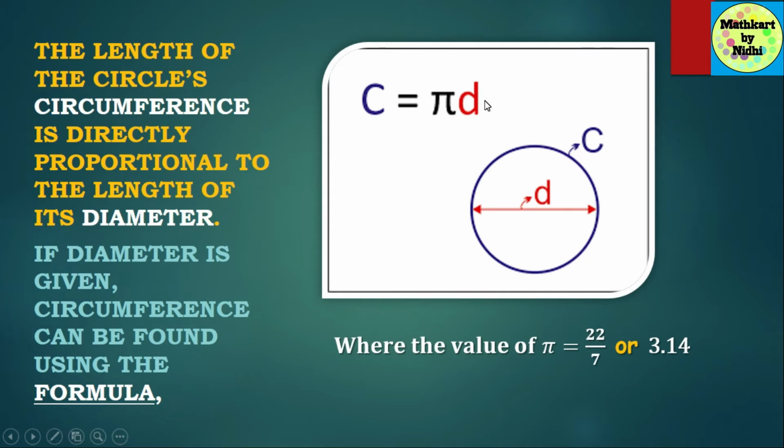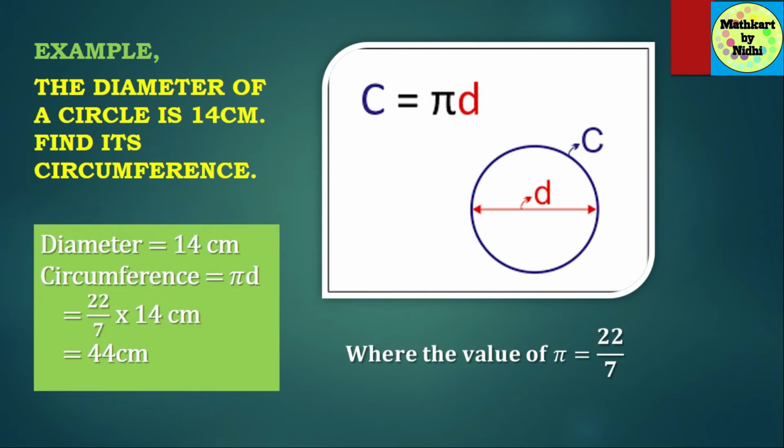So you must be thinking, what is this pi? So pi is basically a Greek letter which shows the ratio of the circumference of any circle to the diameter of that circle. Regardless of the circle size, the ratio of the circumference and the diameter will always be equal, and that is equal to pi. So this is the Greek letter, and the value of this pi is 22/7, or in decimals the value is 3.14.